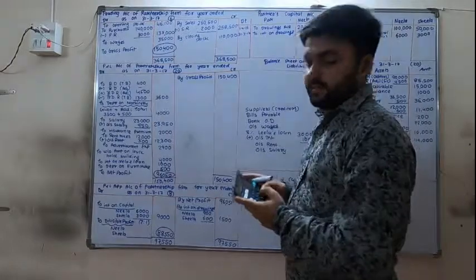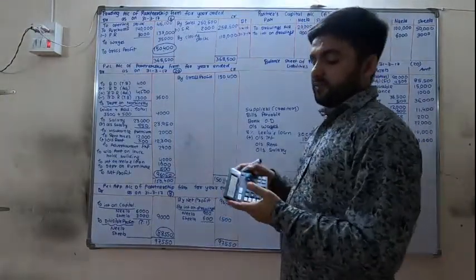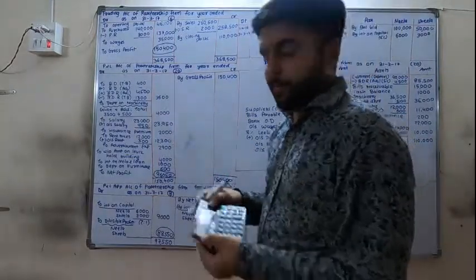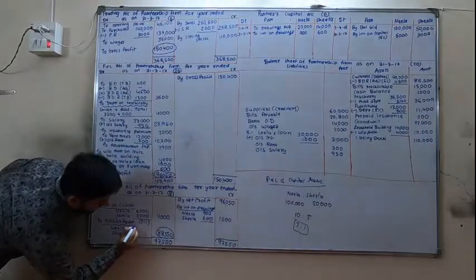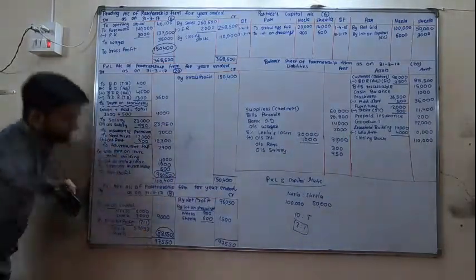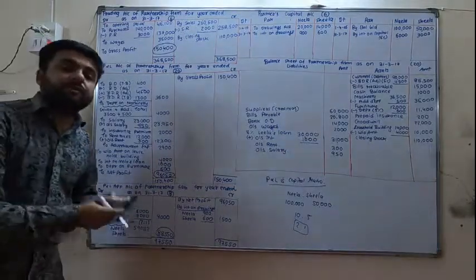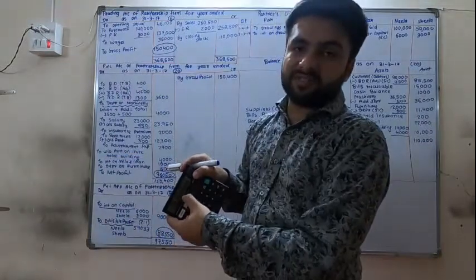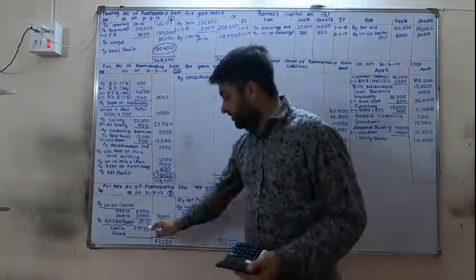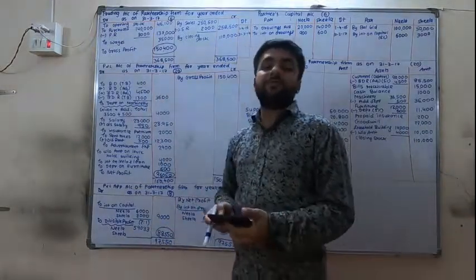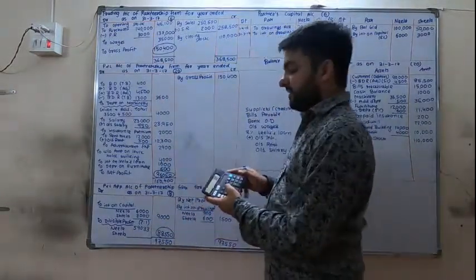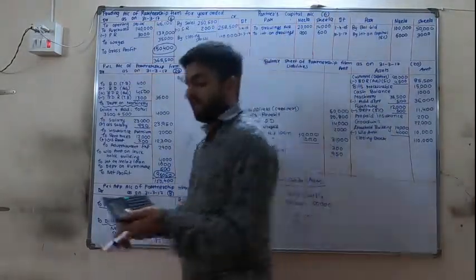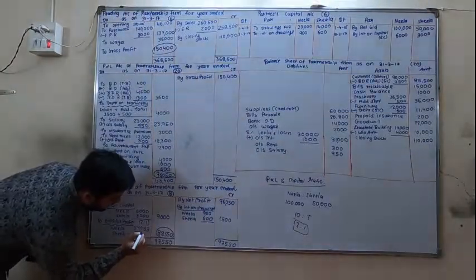So divide by 3, multiply 2. What is the amount? 59,033.333. So what you should write? 59,033. Okay. Now don't do equals to 1 equals to. You will get 29,516.666. But you need to write 7 because 1 rupee is adjusted there. How? Total is 88,550 minus 59,033. So here it will come 29,517.